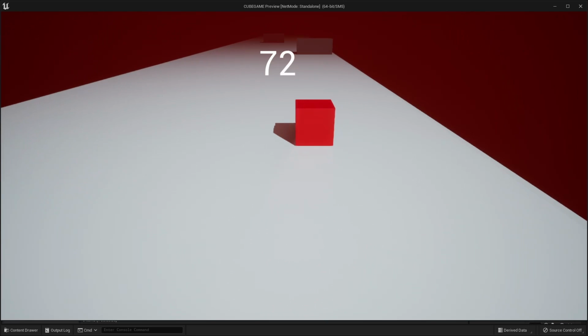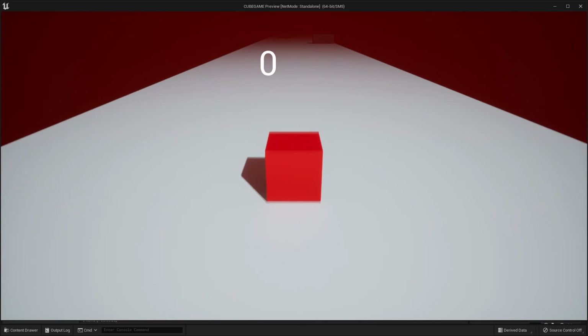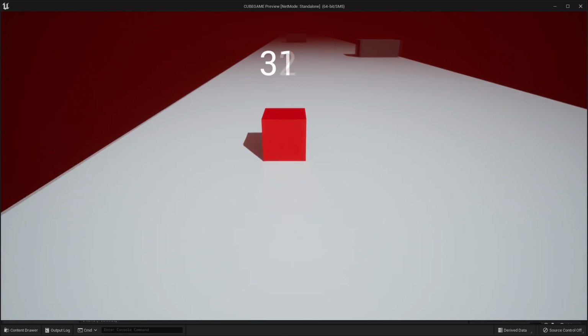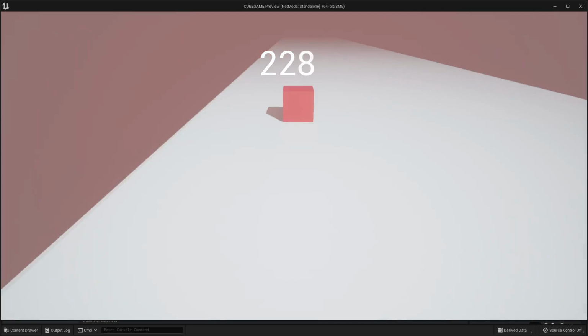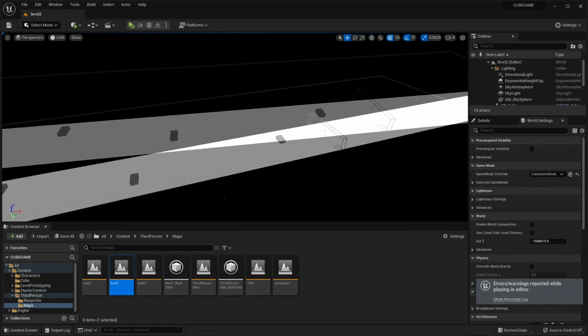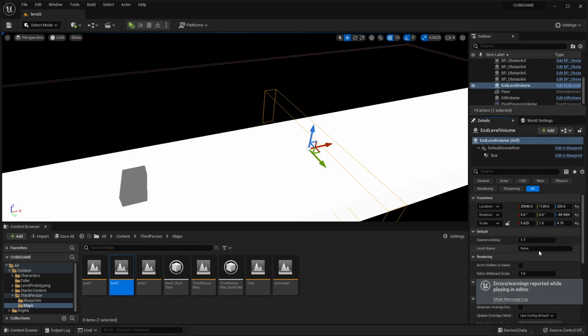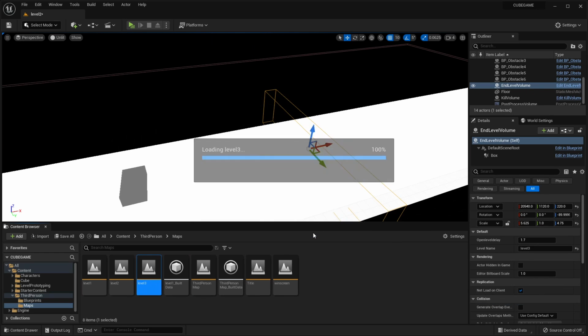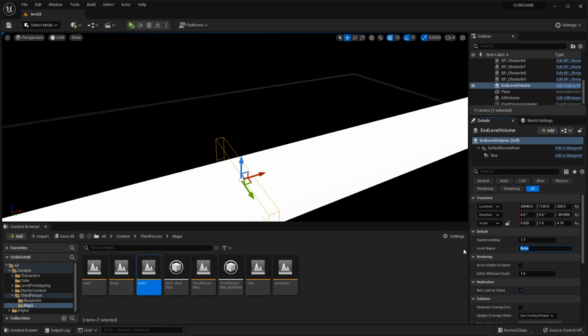I can move towards the right, towards the left, dodging cubes. If I reach the end, it will say level complete, take me to level 2. Then if I beat level 2, oh whoops, so in level 2, we need to make it take us to level 3. So if I go to my details here, we'll just make this say level 3. Then when we're in level 3, and if we beat it, we'll make this take us to the windscreen level. So here, if I select it and go windscreen,